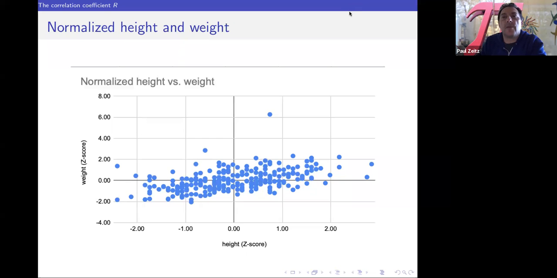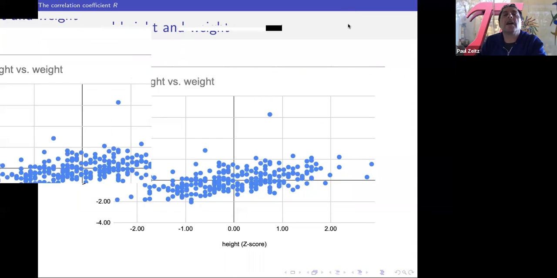Oh, I'm getting some comments here. Let me look at the chat. Can I see it? Can you say where this data is from? It comes from various places, but when I make a summary document, I will give some sources.